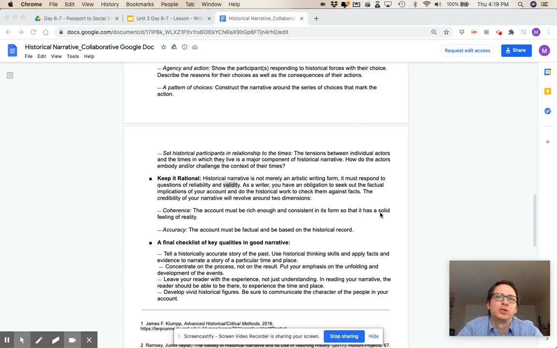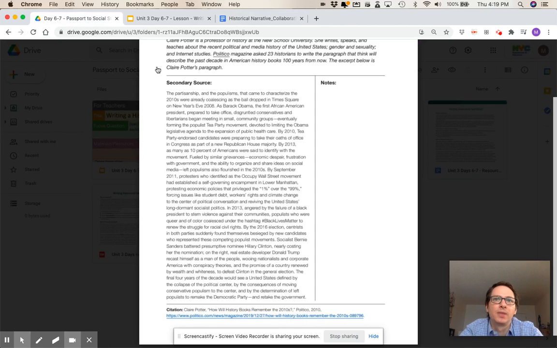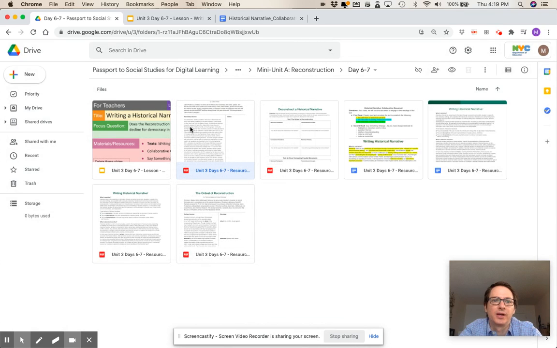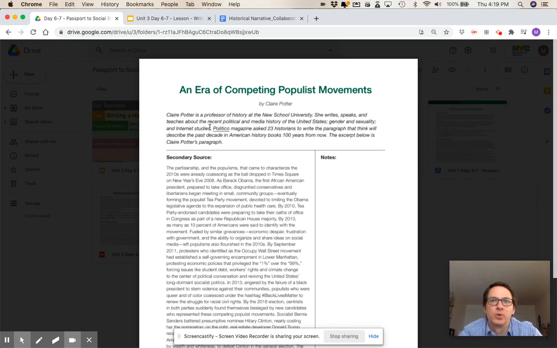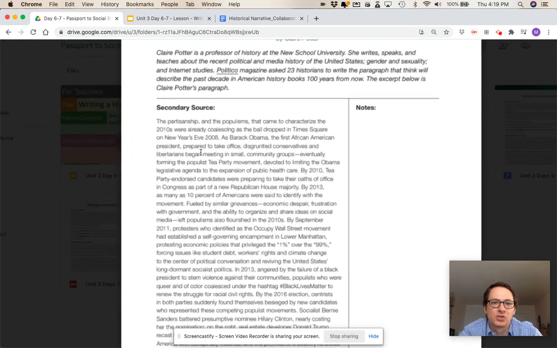So earlier I mentioned some of you will be drawn to progress and decline as the concept you use to construct your plot. And to demonstrate what I mean by this, I'd like to use your second text from class as an example. And the title of that one is An Era of Competing Populist Movements. Now, if I'm looking at this historical narrative, which is kind of set in the context of the 2010s, and I'm looking for things about progress,